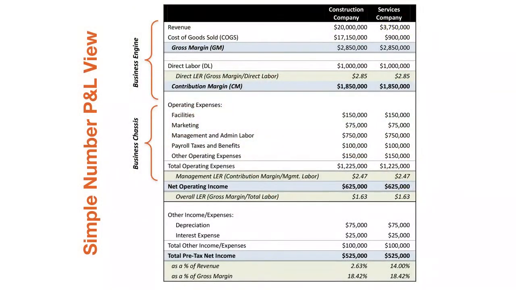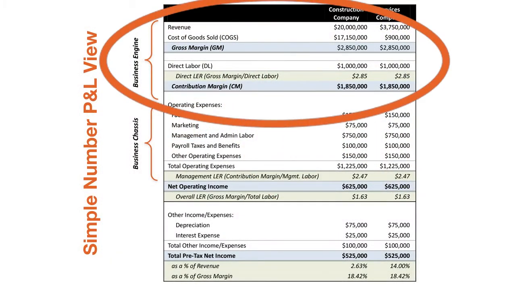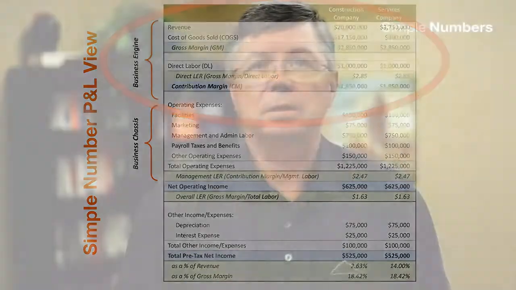So once we get down to contribution, you can see that revenue, direct cost, and direct labor represent what we call the business engine. I personally believe that contribution margin, the output of that business engine, is the critical number in every business. I don't really care what percentage it is relative to revenue. It may be an indicator, but the raw dollars of contribution margin, I believe, is the critical number that we base a lot of performance plans off of. And we believe that the actual production of that number is what's critical to track and to measure.